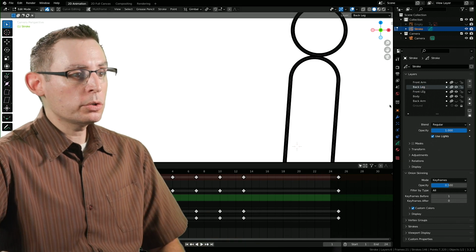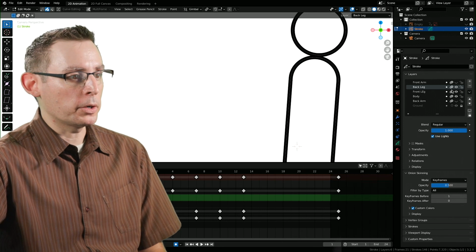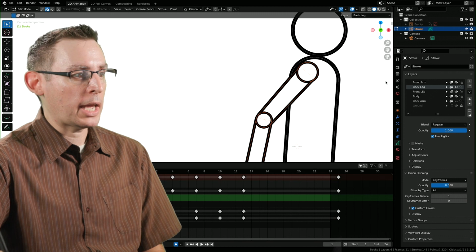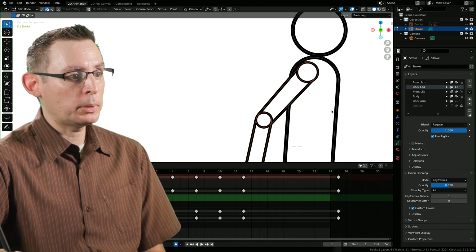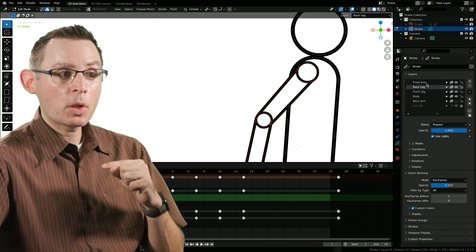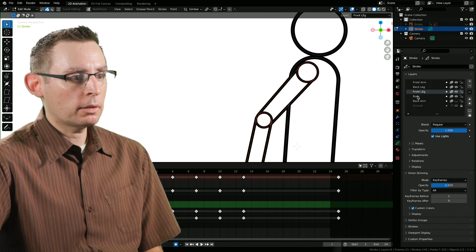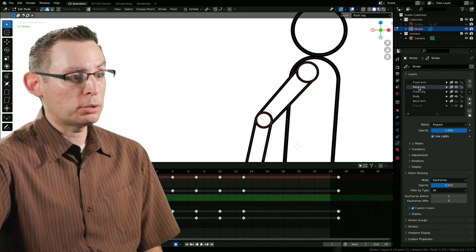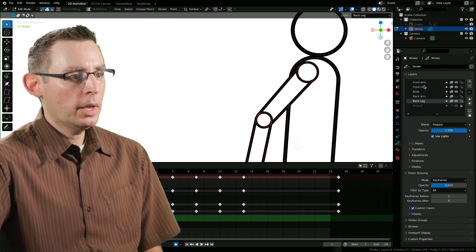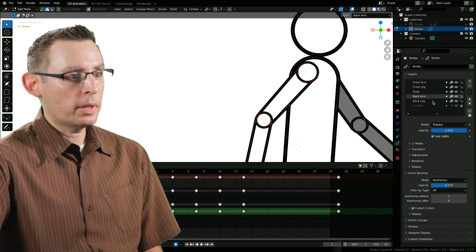Okay. Now, the order in which they appear is very, very important because this is a visibility order. If we look at the front arm, since it's on the top of this animation stack, it is occluding everything that's below it. See how it's kind of blocking out the body? That's what we want. We want to do the exact same thing with our legs. So I want to put my front leg right underneath, actually, probably the easiest thing is just move my back leg down with these little arrows over here. Yeah, there we go. That way it goes arm, leg, body, back arm, and then back leg.